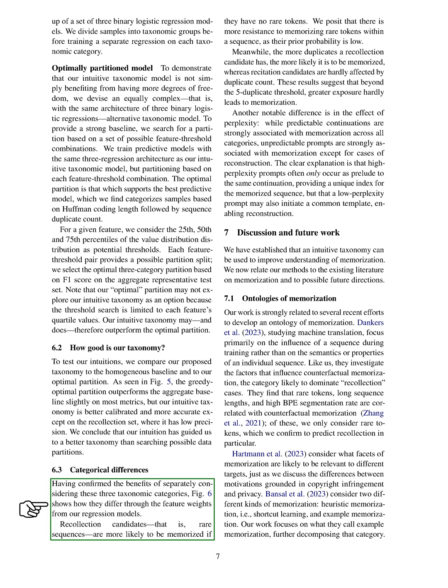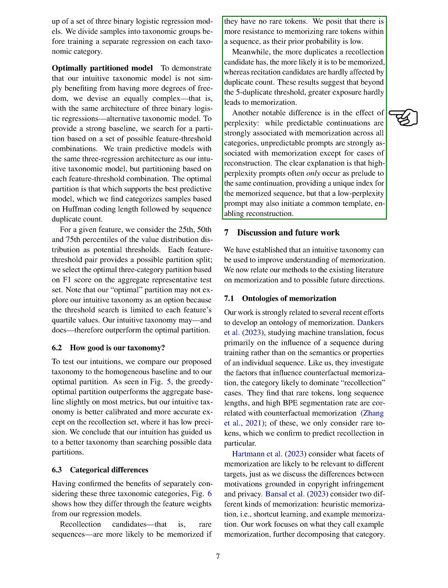We found that rare sequences in the recollection category were more likely to be memorized if they did not contain rare tokens. Additionally, the number of duplicates in a recollection candidate influenced its memorization, while recitation candidates were not affected by duplicate count. We observed that beyond a certain threshold of duplicates, increased exposure did not lead to better memorization. Perplexity also played a role, with predictable continuations being strongly associated with memorization across all categories, except for cases of